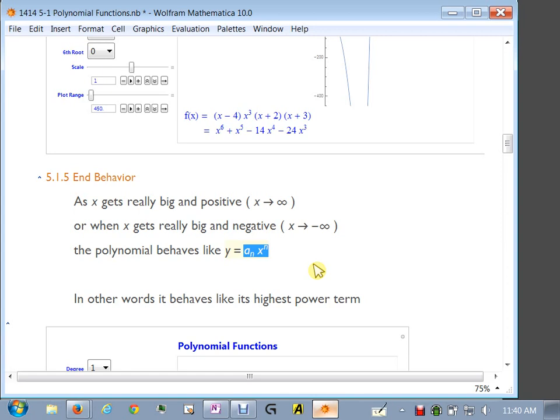That's your leading coefficient, and that's your degree. It acts like just that one term. It doesn't act like anything else in the polynomial. So no matter what's going on with the polynomial, if you identify that degree term, the highest degree term, and its leading coefficient, the entire polynomial is going to behave, whatever that one does, is what it does out towards